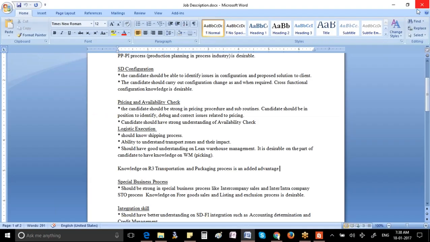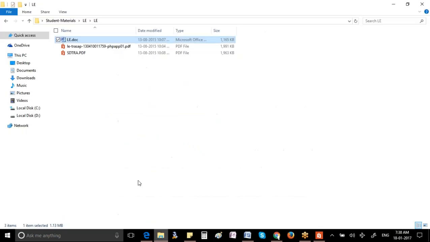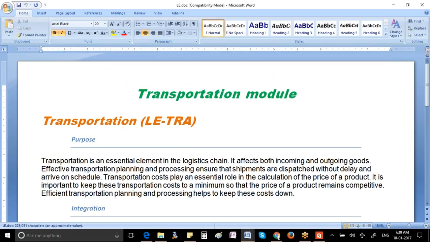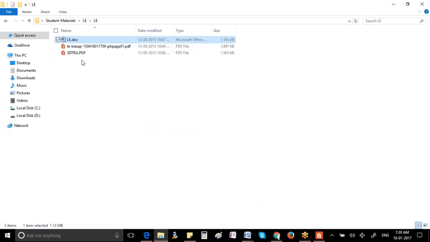As I told you, just now I showed you the LETRA, right? This is only some 112 or 120 pages. Why am I sharing only this material? Because you should know only LETRA as of now, and that is the SD part. But I have another document which is 400 pages, of LETRA, covering SDLE, MMLE and everything, but I'm not sharing that with you. I'll share it later, but I'll tell you not to read that book as of now. This is 113 pages and the other one will be